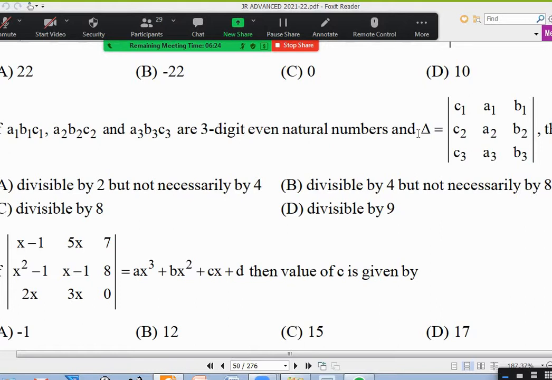To get it in the way the question is, we should change the columns in cyclic order, sir. Even if we get it in cyclic order, what will happen? A1, B1, C1, A2, B2, C2, and A3, B3, C3. Which order you get doesn't matter, because see, let me tell you what the question is first of all.